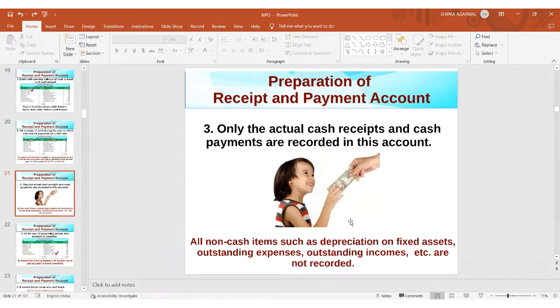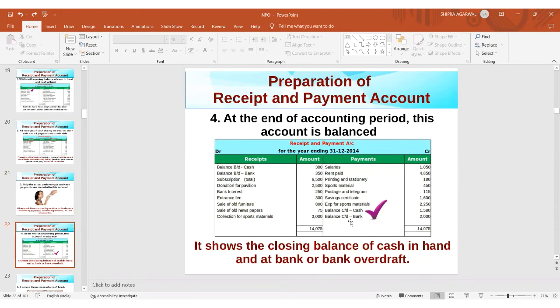As I told you, in case of receipts and payments account, you have to see that when cash is actually involved, due or not due is not to be considered, right? And similarly, even the non-cash items are not taken into account with respect to your receipts and payments account. And as I told you, at the end of the year,